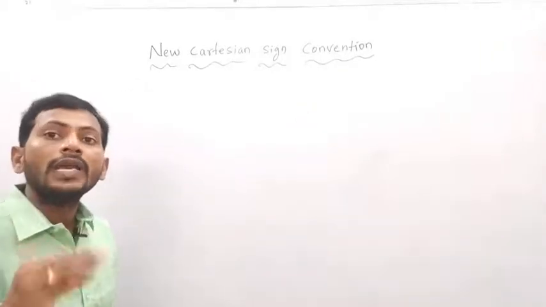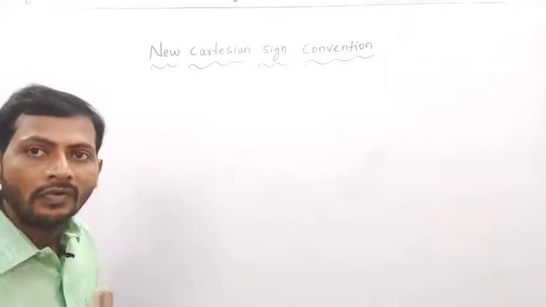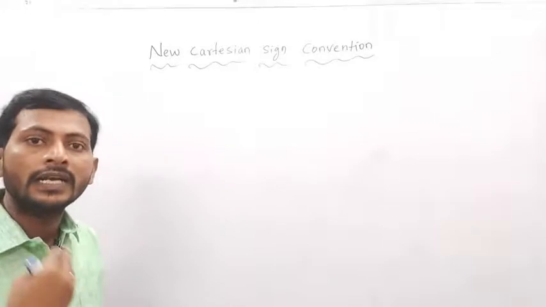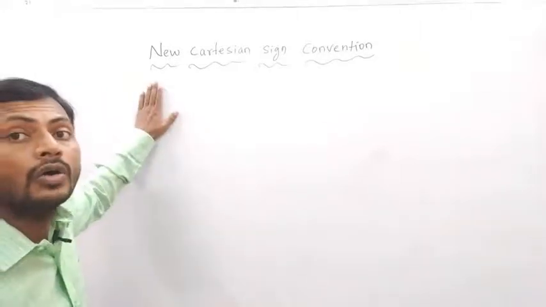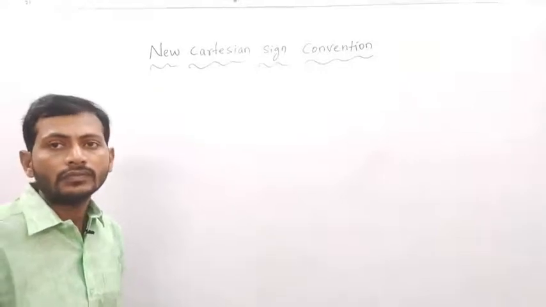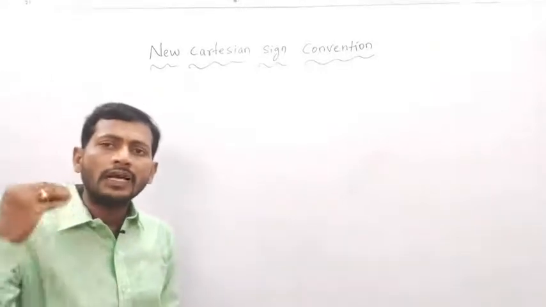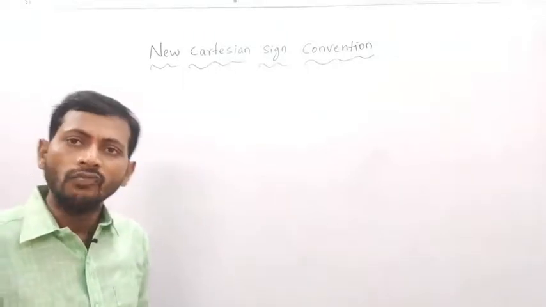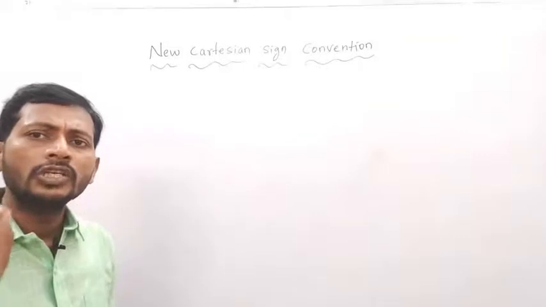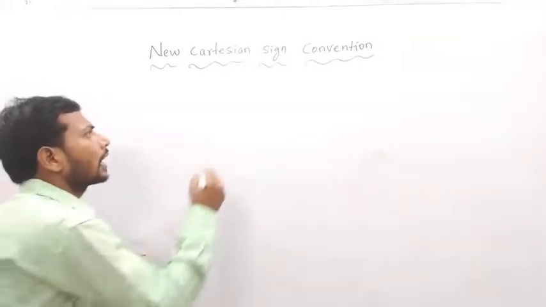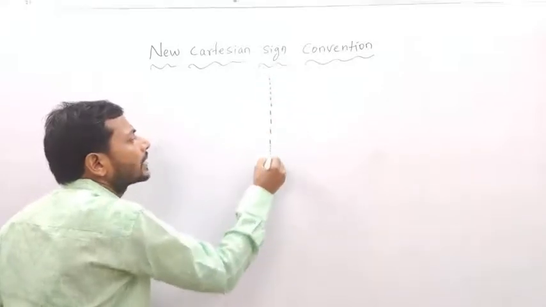Now, how we are going to provide the sign for the distance of the object or the distance of the image, that method is called the new Cartesian method. It is an easy thing, nothing is there. From class 8-9 we know the graph paper. Simply imagine one graphical representation, that is, a graphical axis.